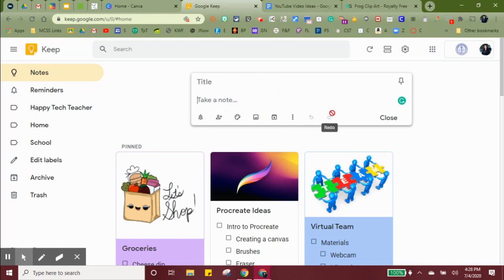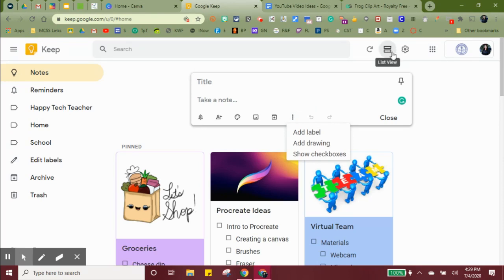Now, on my phone, and it's not allowing me to do it on here, there is a speaker option where I can talk into it and it will type the text for me. So just be aware that that option is on some devices, or at least it used to be. As of some of these recordings, Google changes things all the time. They add things, take things away. Just make sure you practice and play around before you take the test and that you're comfortable using all of